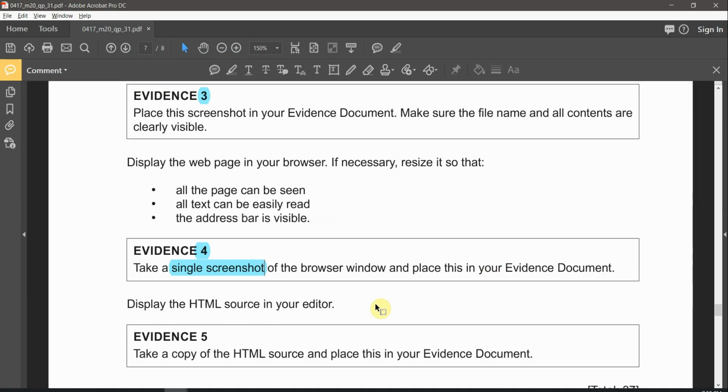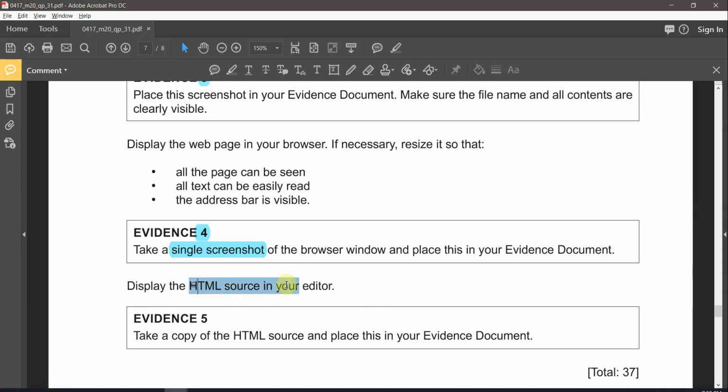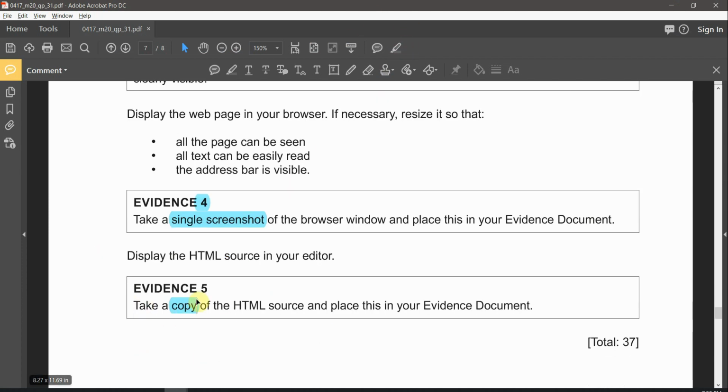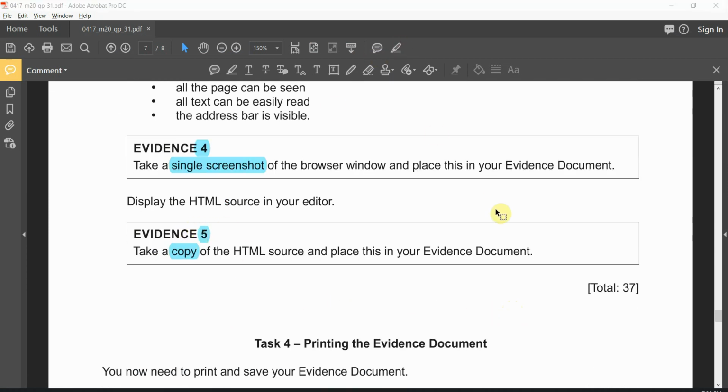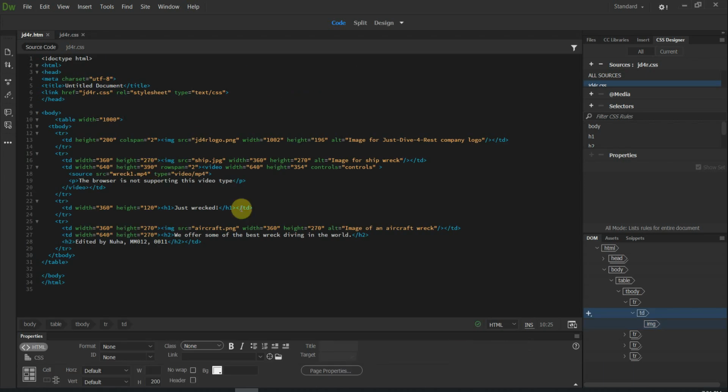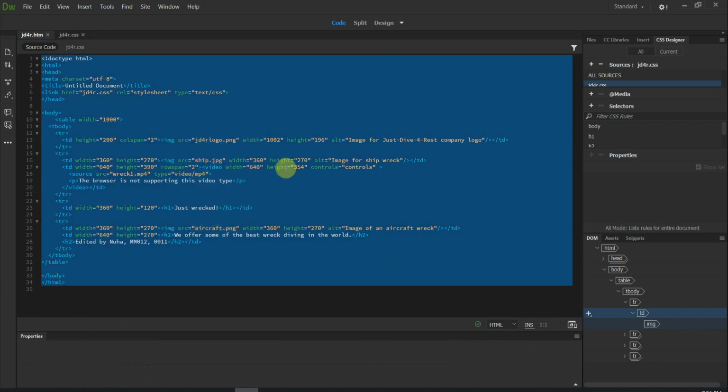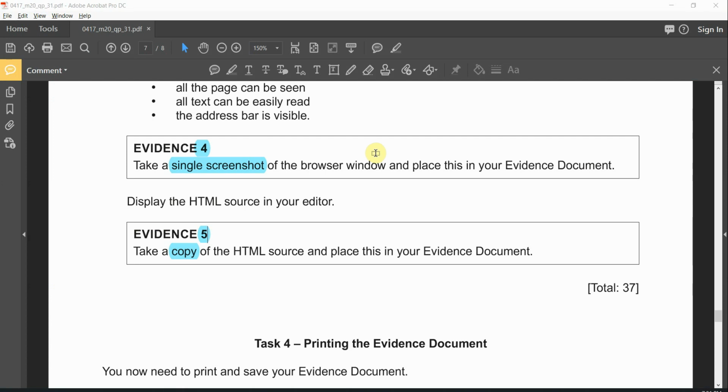Next question, display the HTML source in your editor and take a copy. So there is no screenshot here, just take a copy of the HTML source and place it in the evidence document. That's going to be evidence number 5. Let's go to our Dreamweaver and Control A and Control C, and let's go to evidence number 5 and add